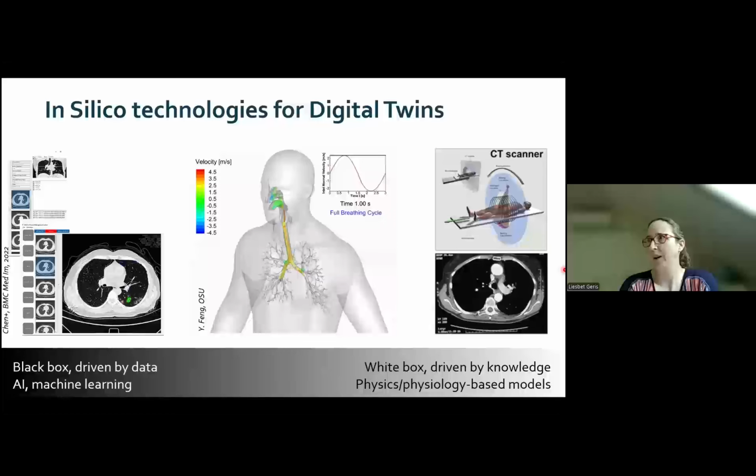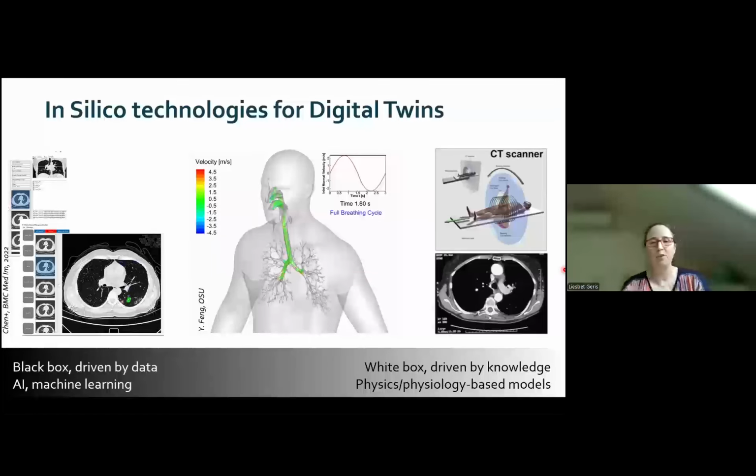Of course, when you have a question that you want to answer with a digital twin, the first thing to do is decide which technology to use. And that really depends on how much you know about your problem and how much data you have at your availability. If you don't know so much and you have a lot of good quality, high volume data,